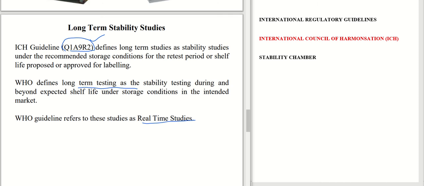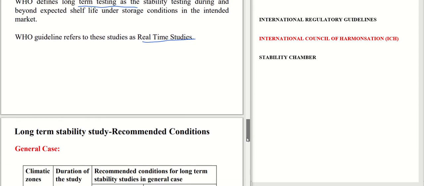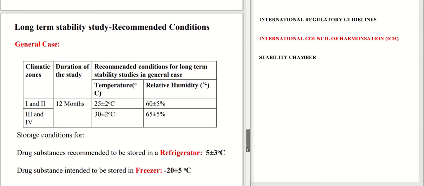The same storage conditions are maintained for a longer time. Hence it is known as a long-term stability study. It is also known as a real-time study because we are not shortening the study time period. Now let us see what are the recommended